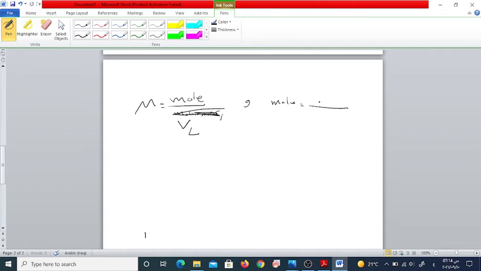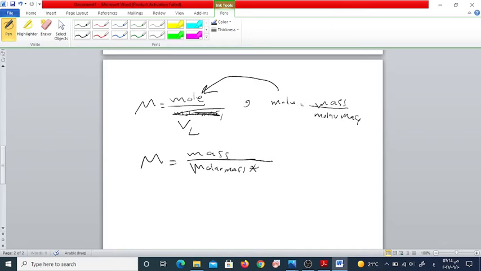Mole equals mass over molar mass. So I put this here, and I get molarity equal to mass divided by molar mass